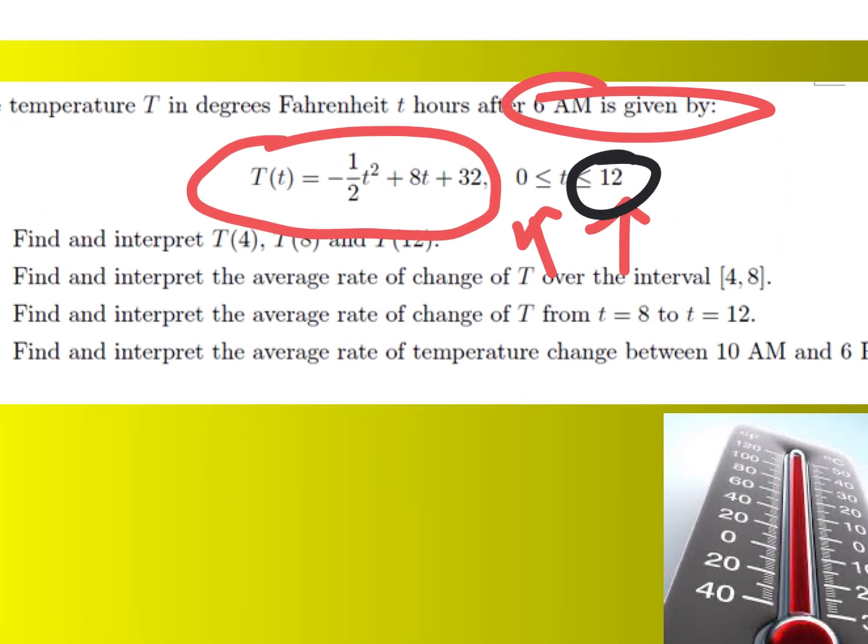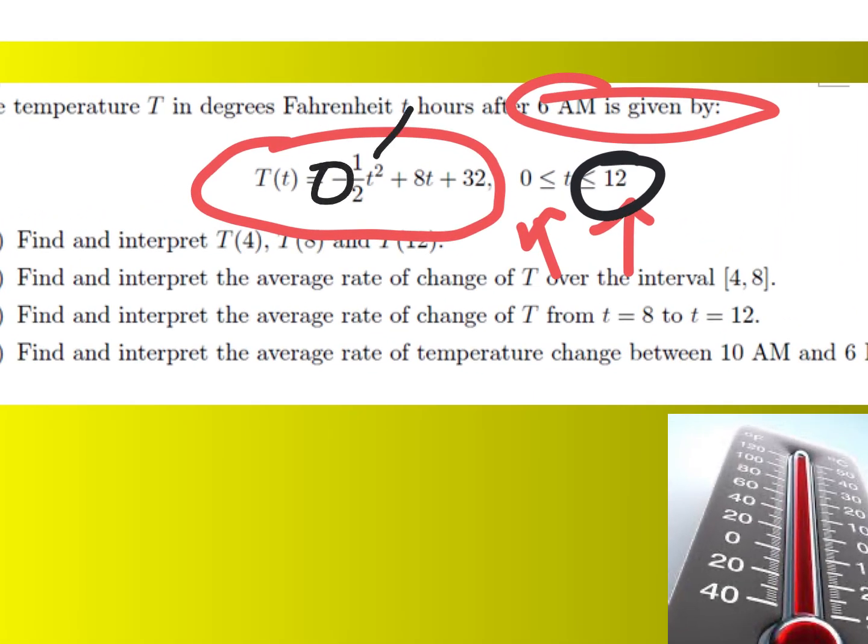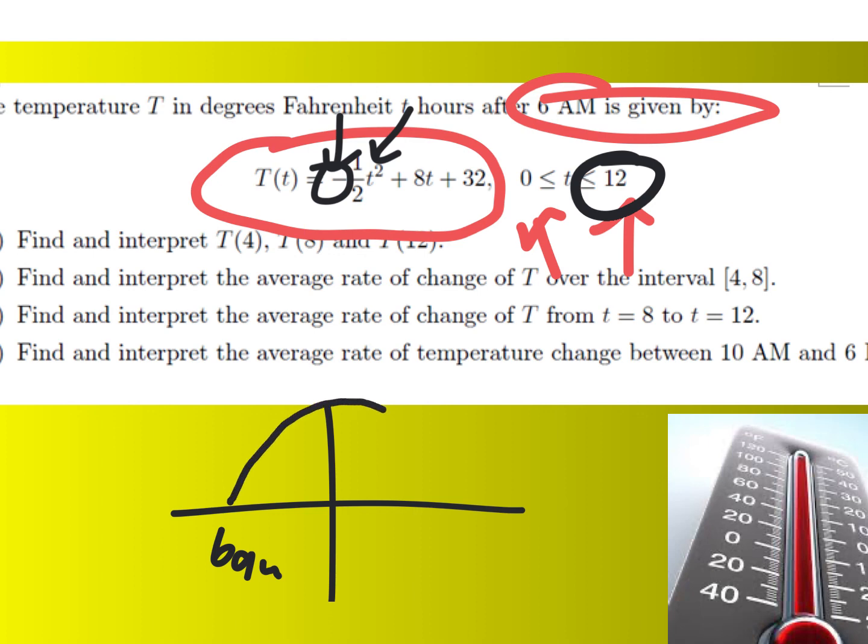Let's just think, do you agree it's a parabola because it's squared, and do you agree it's an upside down parabola? So do you think it's reasonable at 6 a.m. the temperature is low and then it goes up and then it comes back down again by 6 p.m.? That could happen. It would be weird if it went exactly in a parabola, but